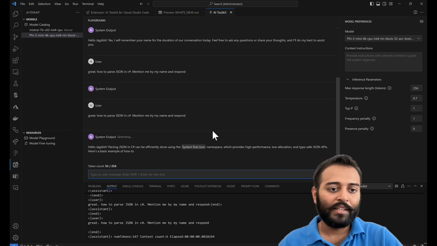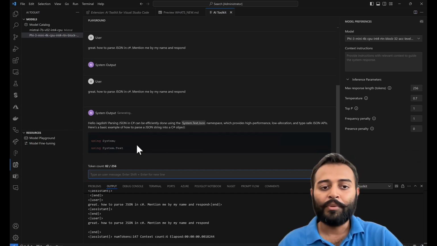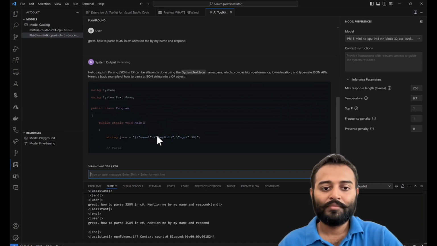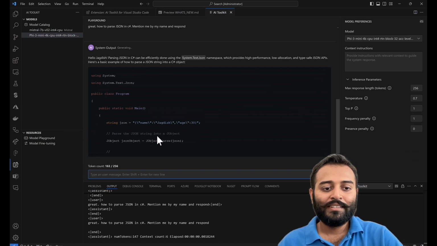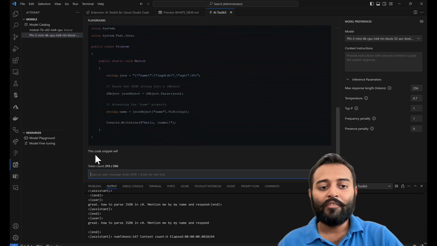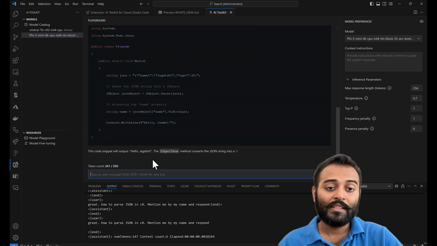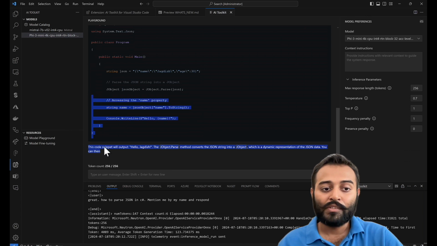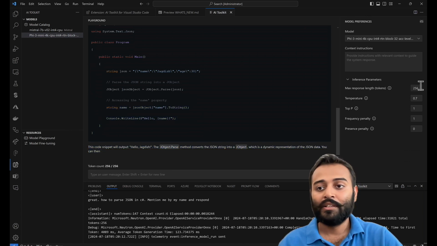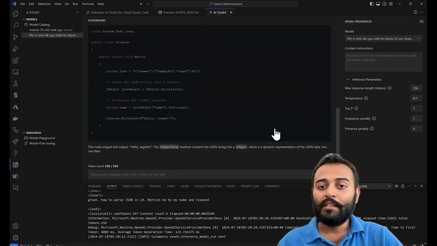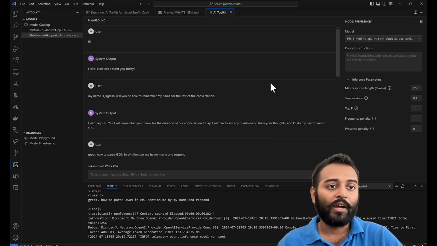It stopped responding, but here's the answer. Hello Jagdish, so it remembers me by my name and it is going to respond back with an answer. Perfect. So that's really good. Since I have kept the token limit as 256 tokens, it will try its best to give the response within that. So that is the reason it has stopped here. You can increase the token limit to thousands, even 1 lakh tokens. It should work. Okay. So this is the testing that we did now on Phi 3 model.